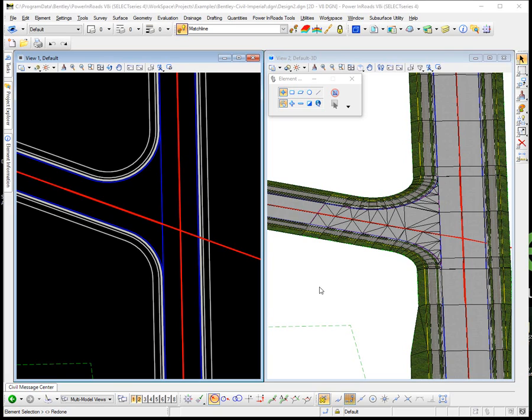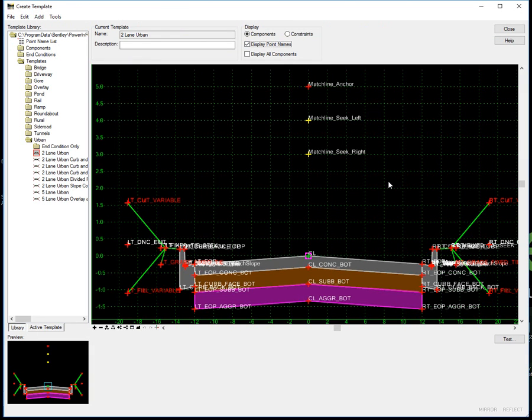In this video, we want to talk about what happens when we place a civil cell for an intersection, for example, but we cannot make the edge of pavement go away. That comes from our template geometry. If we take a look at the template that we're using here, two-lane urban in the examples workspace, we have